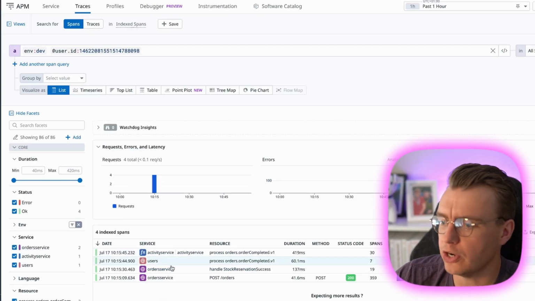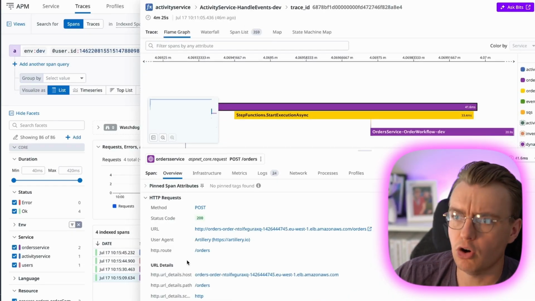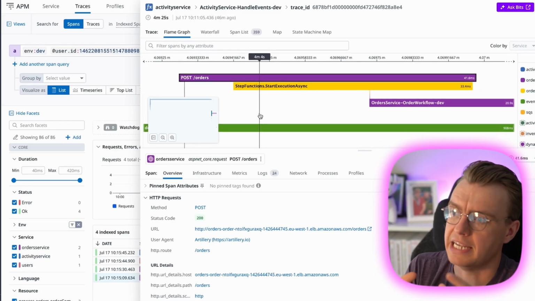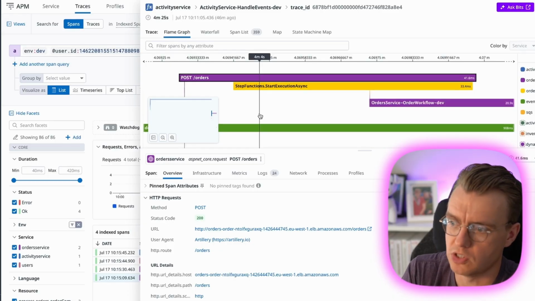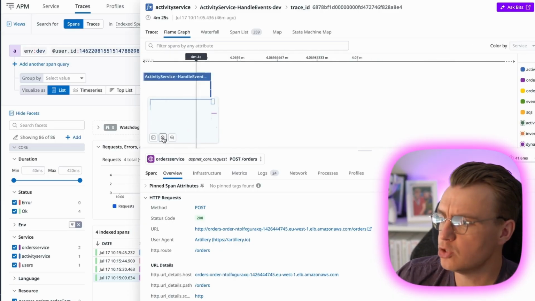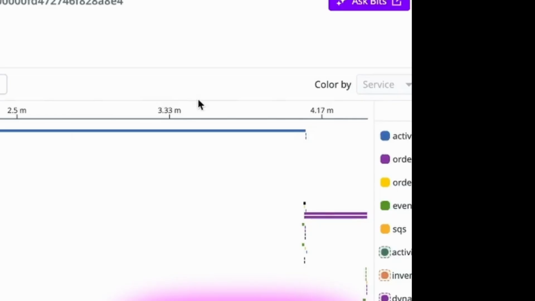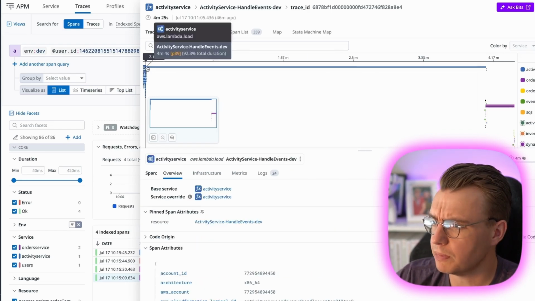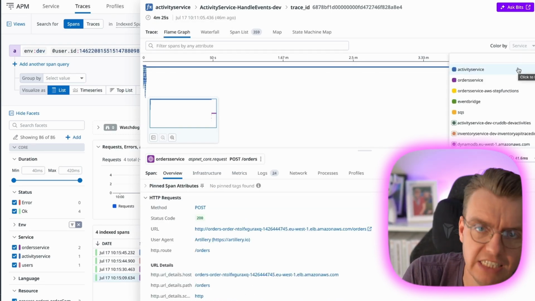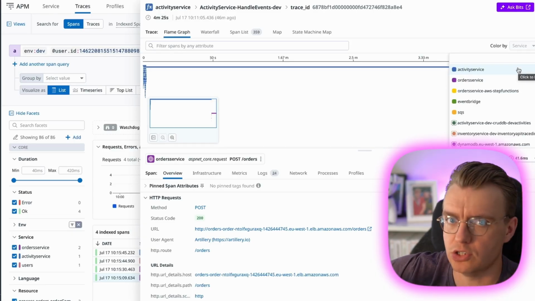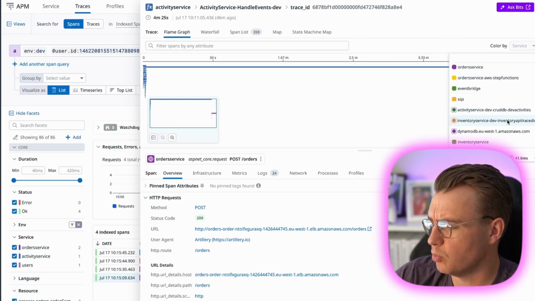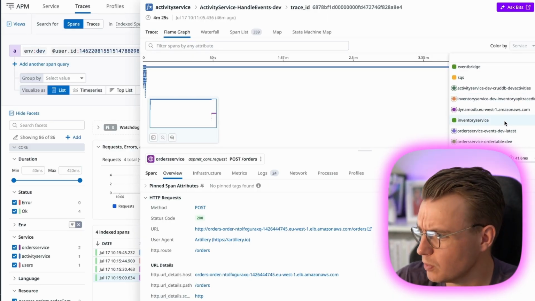But as you saw a little bit earlier in this video, this can actually sometimes cause slightly more confusion. Because if you are a developer on the orders service and you're interested in just your service and just your service's subsystems, if you come back to this trace you had a look at earlier and we zoom this all the way out, you can see actually this trace is a 4 minutes and 24 second trace. For whatever reason, this trace is now incredibly long, and it's incredibly long because there's a few different services here. You've got the activity service, which is a service that you're not concerned with. It's another system, it's another team, it's not your responsibility. You've then got your order service, and then you've actually got some work for the inventory service as well. The inventory service is also included in this trace.